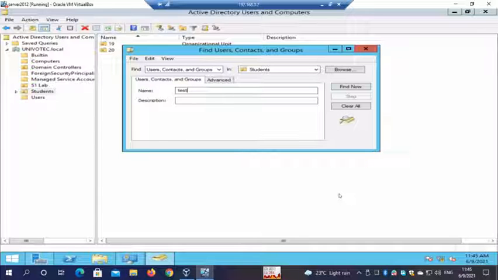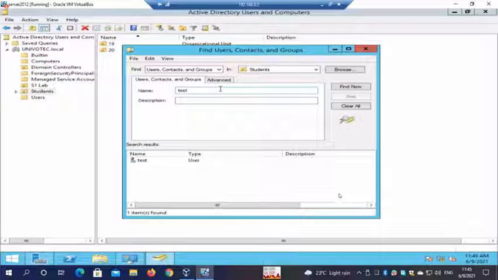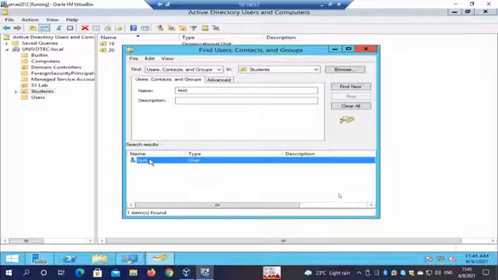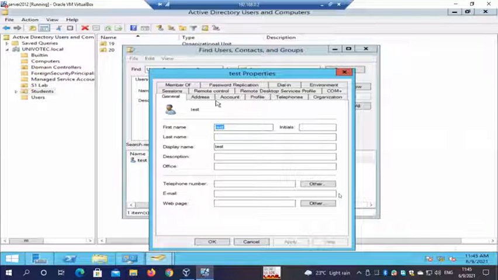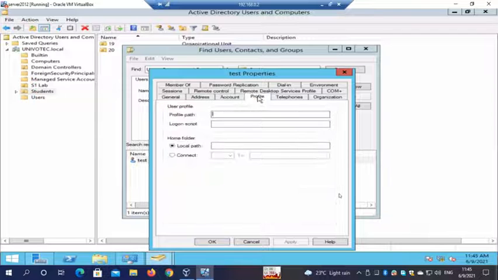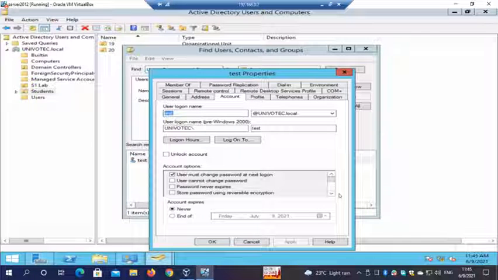Now I created a user called test. Right, I found it. So I can't remember where I put it, so I just do a search. I remember that it was in this OU, but I don't know where, right? There are subfolders, so it might be difficult to find manually. So now, if I want, I can change any property. Let's say the user account is locked and he has come to unlock. Then I select this and apply. Then his account will unlock.